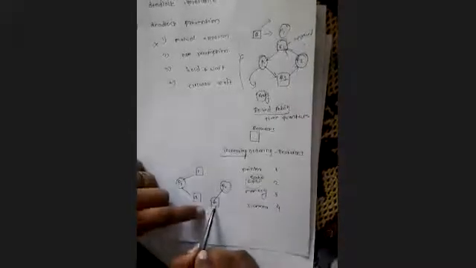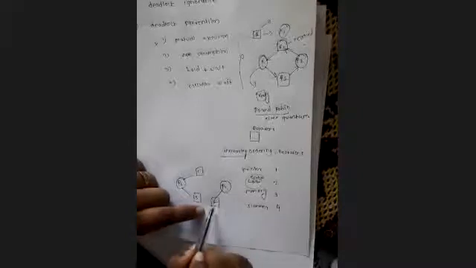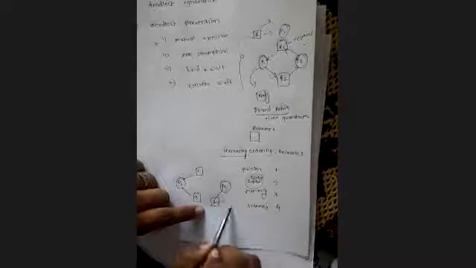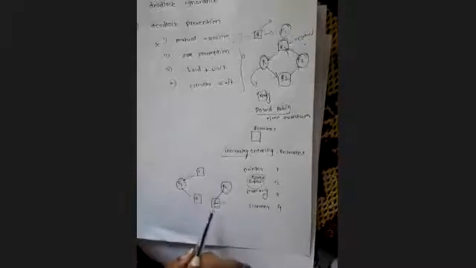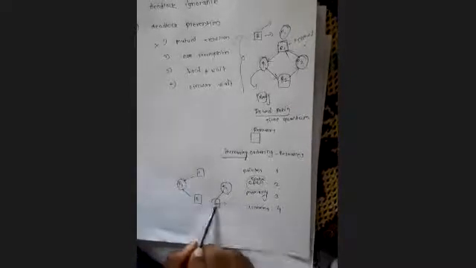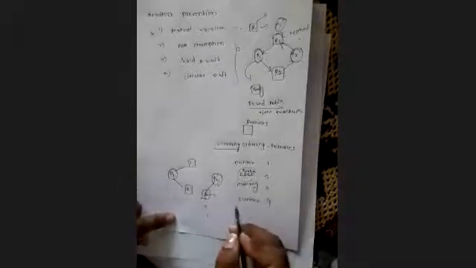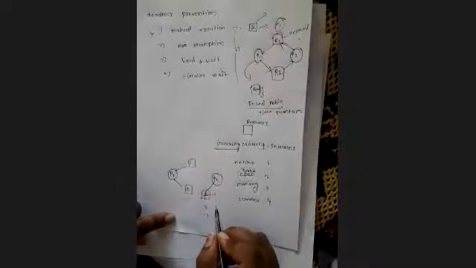Why? Because once it has requested the second number, it cannot access the resources which have a lower number than this. If the number of the next request is less than the number of its first request, then we cannot allocate that. Once it has requested 2, if it requests 3 or 4, that is okay, we can think about it. But if an earlier number is requested, we cannot allocate, right?